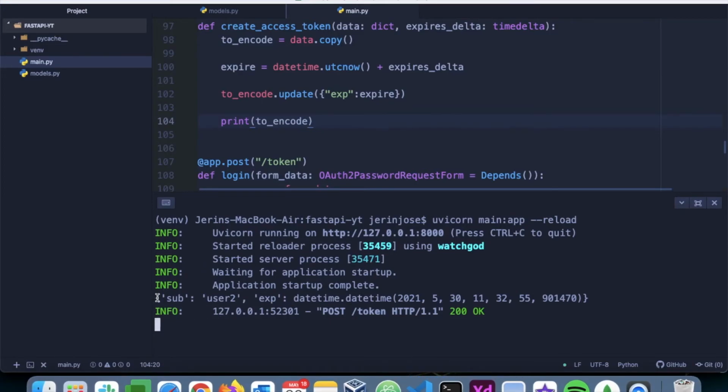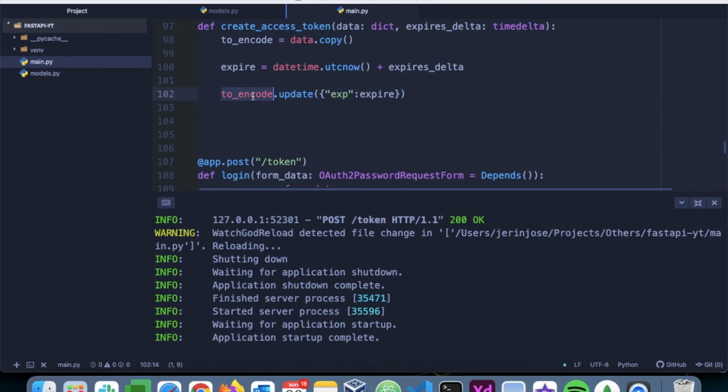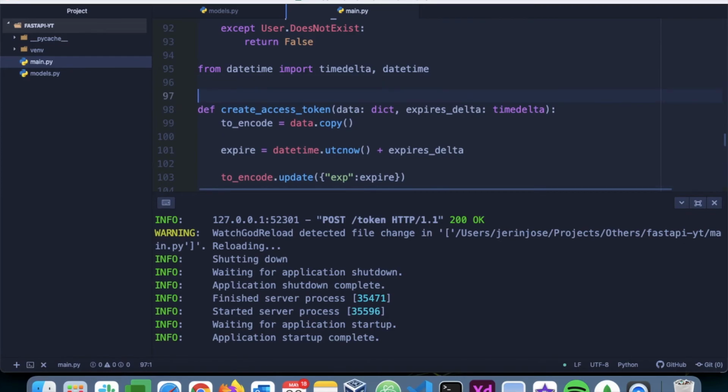Here you can see it's a dictionary with subject as user2 and expiry as 30 minutes from the current time. Okay, that's the to encode variable here. Now we have to use this to encode and come up with a token. Now to come up with a token, we will import from the package that we just installed,